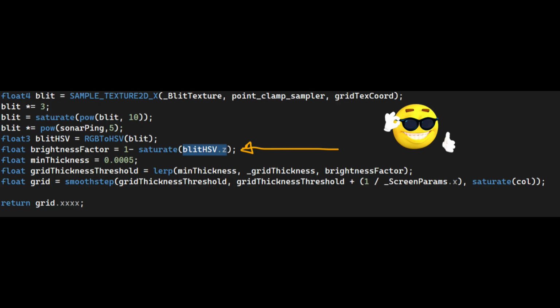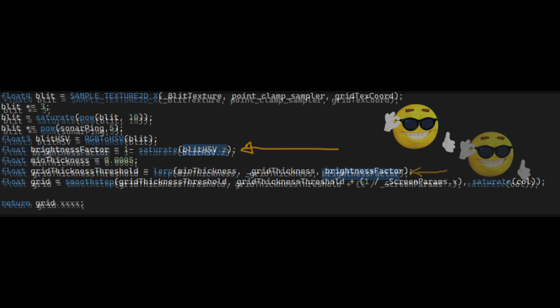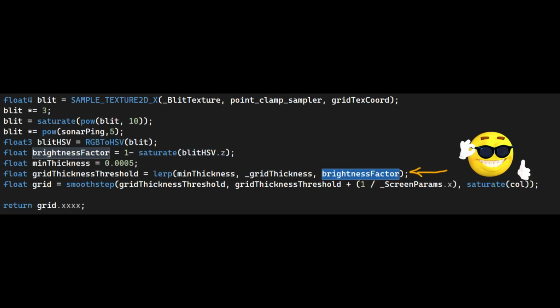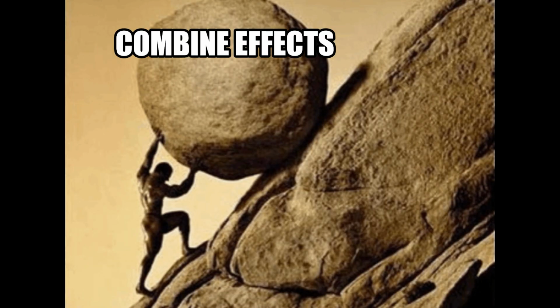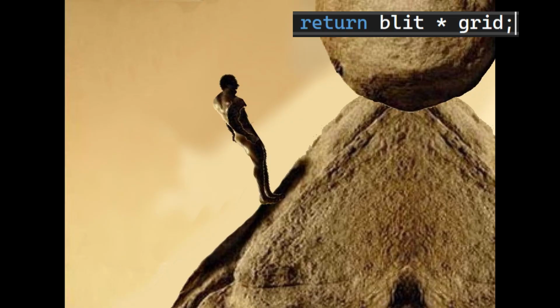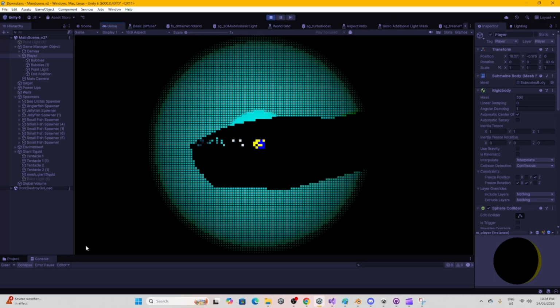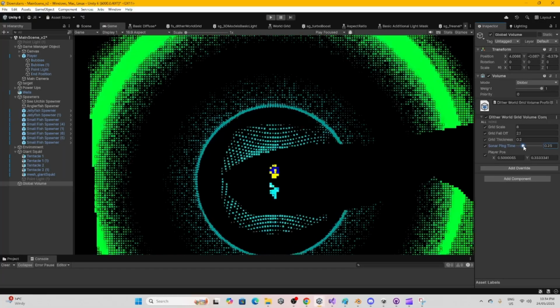Now we have access to the value channel, which we can use as a factor for the grid thickness by using a lerp. Okay, now it's time for the hardest part. We have to multiply the effects. That's it. Now we can do cool stuff like adding noise and adding other masks and displacing cells and